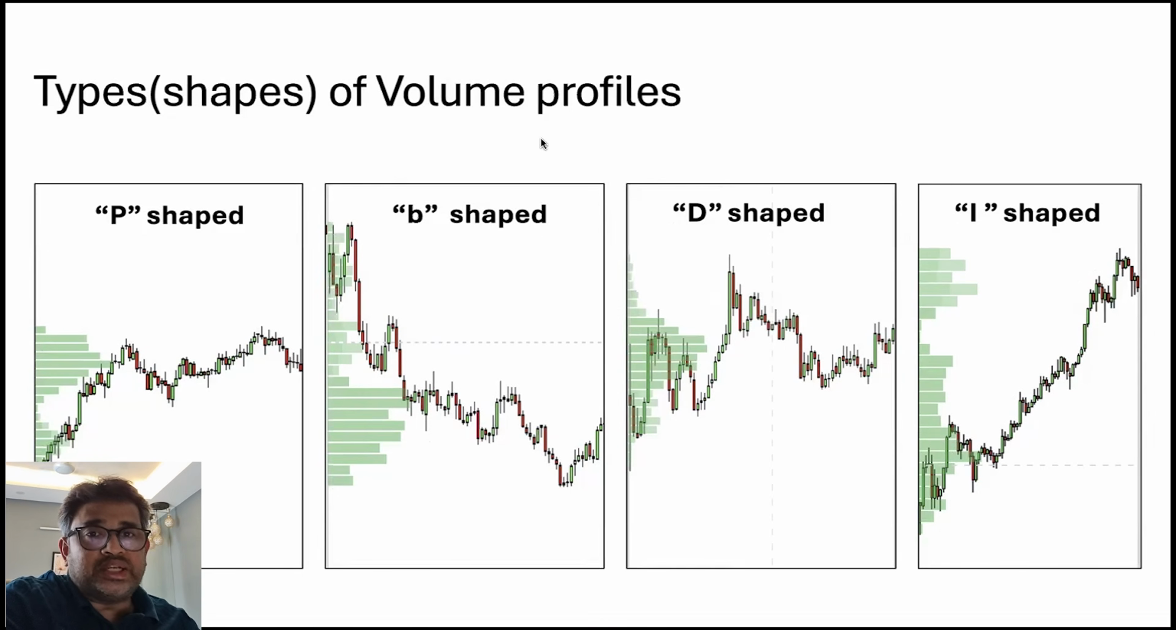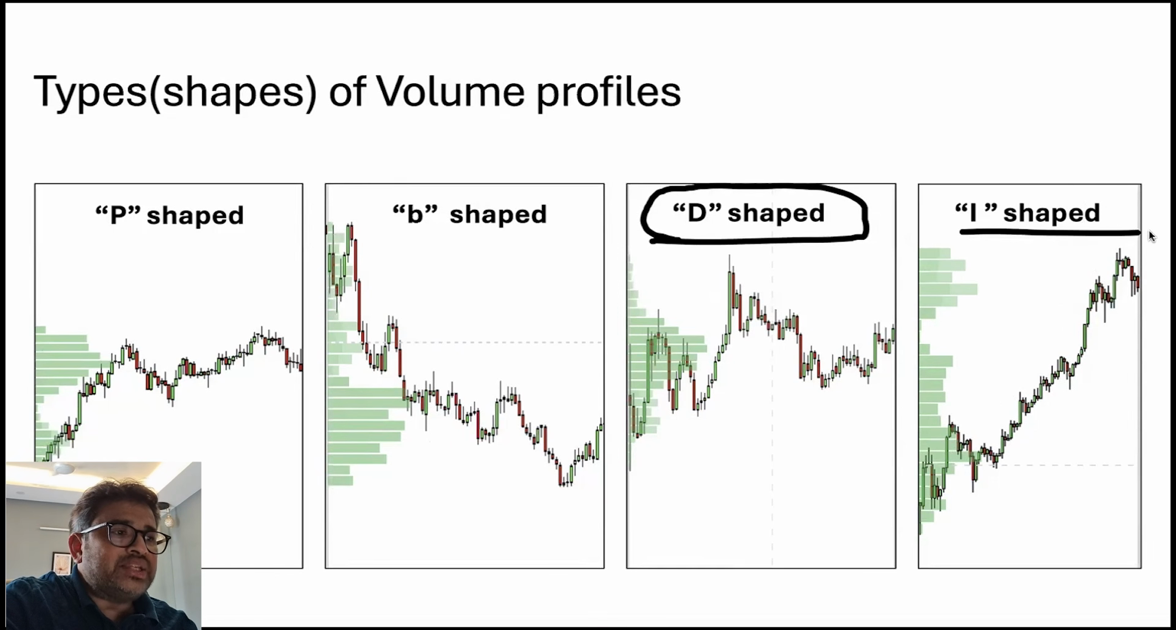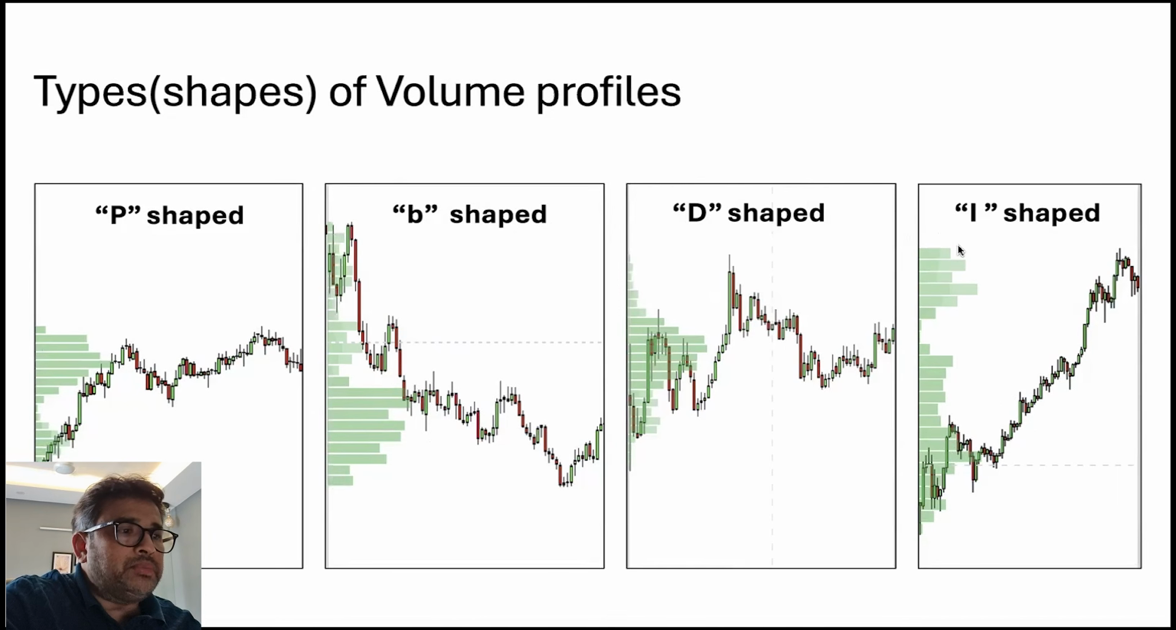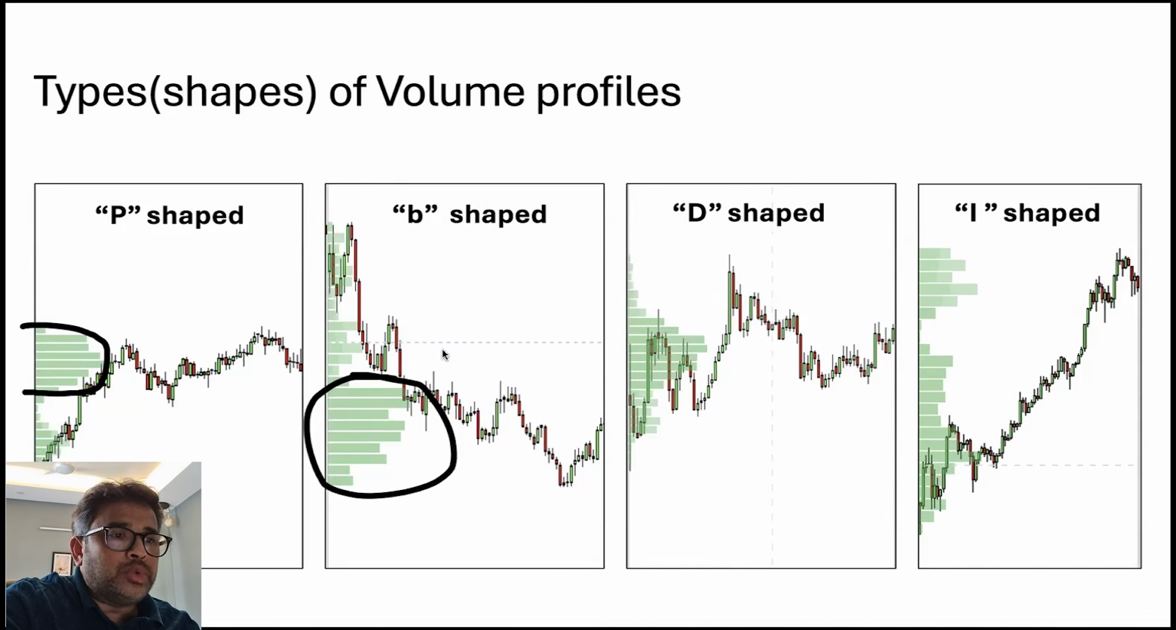And you know that 60 to 70% of the time the market stays sideways. Only around 30% of the time the market goes in a trend. So that is why you will see the D-shaped very frequently on your chart, and the I-shaped very rarely. So here you can see the P-shaped on the top, the B-shaped on the bottom,